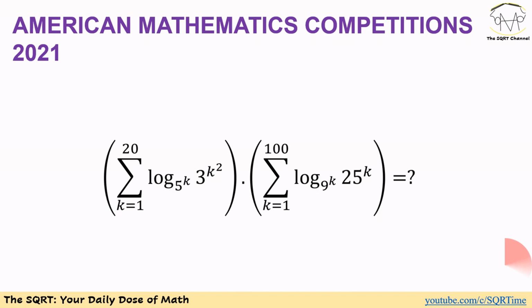On the other hand, for the second term, we have another sigma from k equal to 1 to 100 this time. Inside the sigma, we have log of 25 to the power of k in base 9 to the power of k. We are going to evaluate this expression,